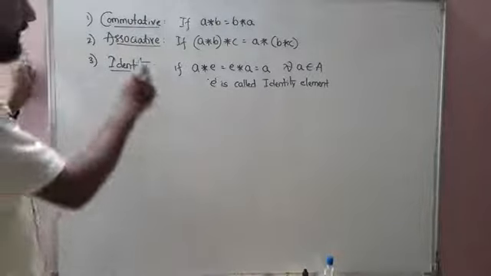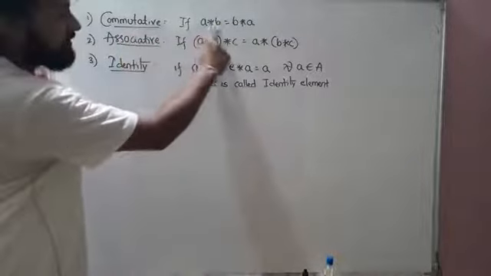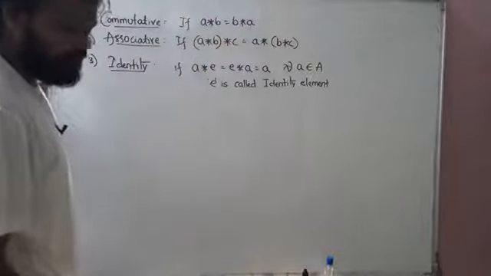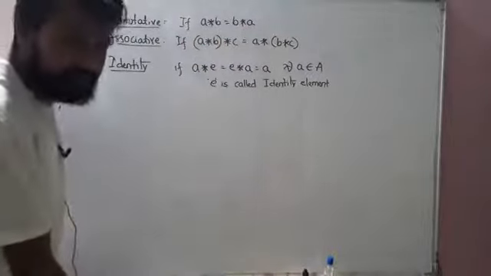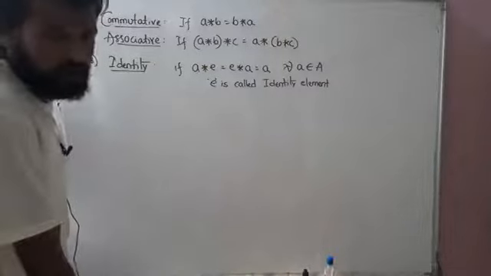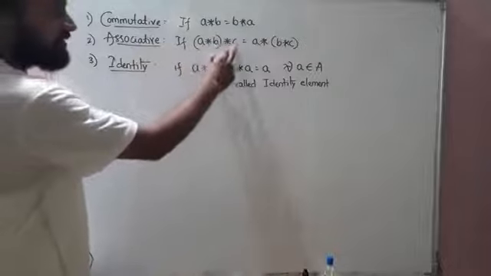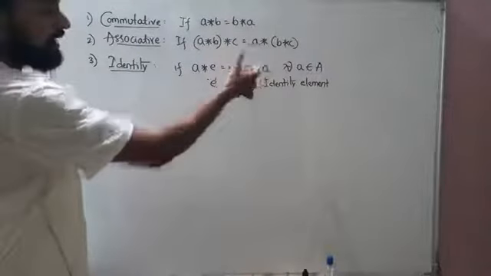So what do you mean by commutative? Commutative means if A star B is equal to B star A. This already you know. You have studied in addition with your lower standards, right? 2 plus 3 is equal to 3 plus 2, something like that. And associative, if A star B star C is equal to A, this is like bracket shifting.